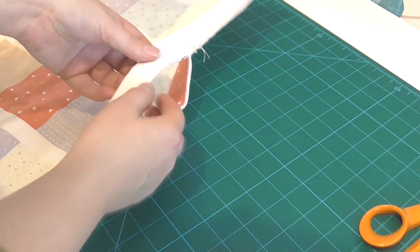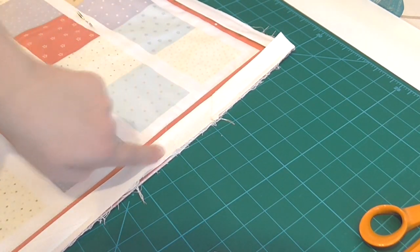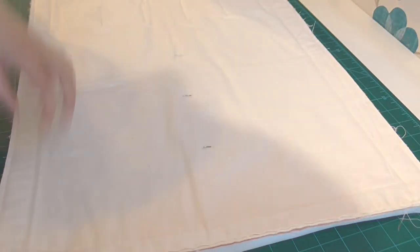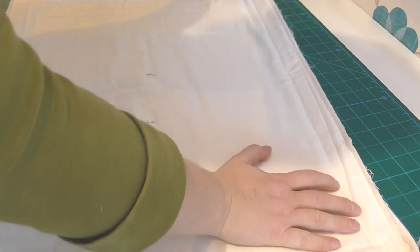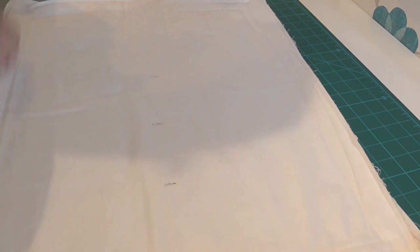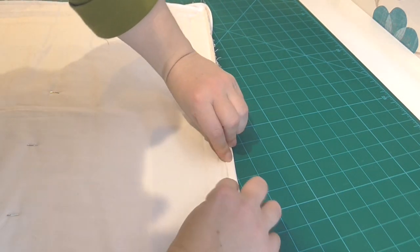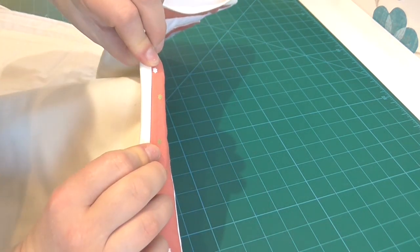So now that's pressed, it's all nice and neat, apart from these threads all hanging off. But then I'm going to take it to the machine and just complete the stitch line all the way around the quilt there. So now it's stitched all the way around, I can turn it over to the wrong side and turn the binding all the way around like this, so that it's ready to fold onto the wrong side. So you're then going to be folding on this edge all the way around